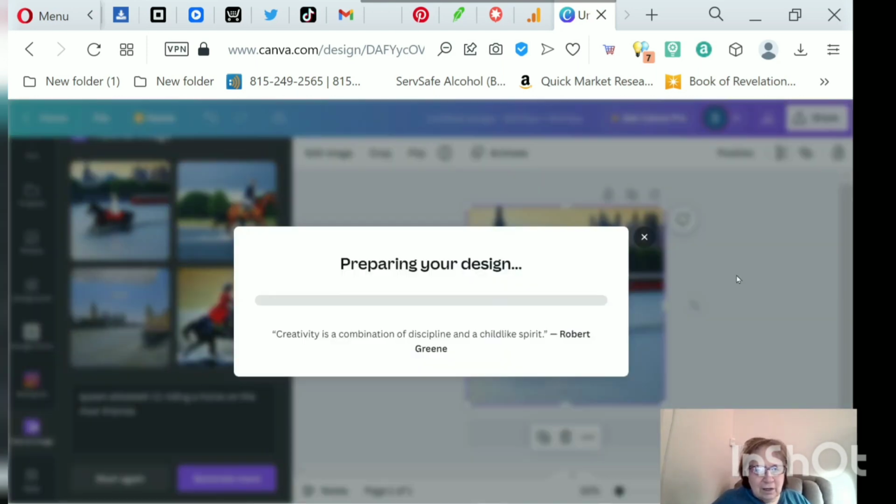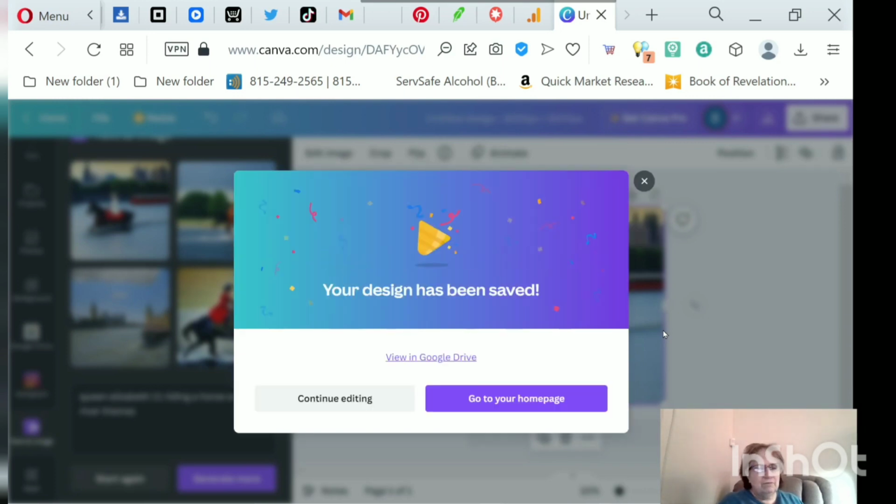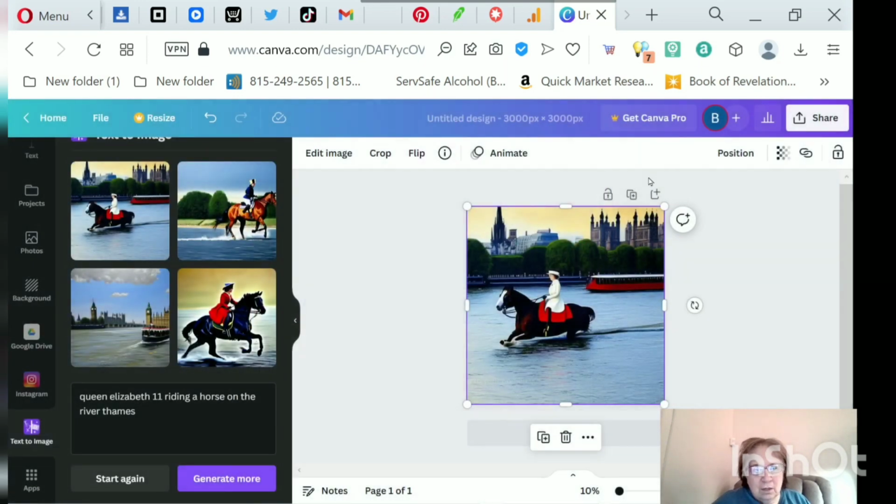So now you kind of get an idea of what you can do. You just let your imagination run wild with you. Now, the one thing I do, even if you set it to 4500 by 5400, which is the standard size for t-shirts, it's not going to fit. You're going to have to stretch it, so it's not going to look right. So I go with the 3000 by 3000 pixels, and then when I take it into Photoshop, which I'm going to show you how I do right now,